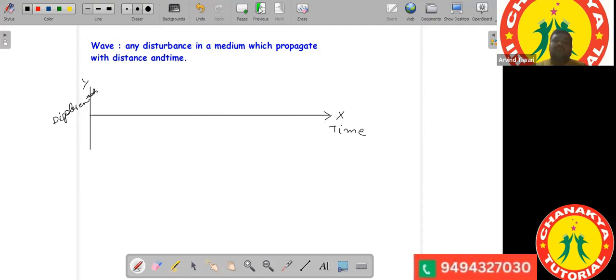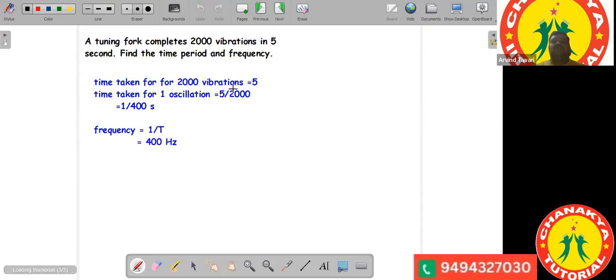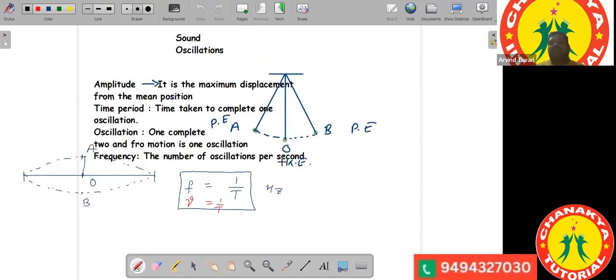Okay, so how will it see any oscillating particle? Like if we see the oscillation of the pendulum, the oscillation of this string, it is always confined between two extremes. Okay, and we can consider one of the sides to be positive, the other side to be the negative. Here also we can consider this side to be the positive displacement and this side to be the negative displacement,